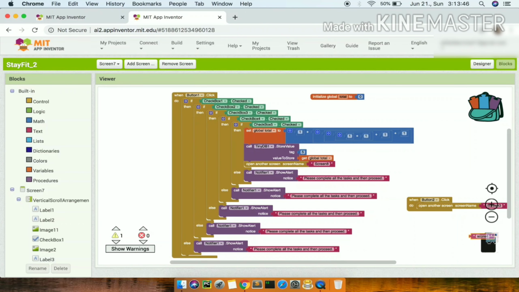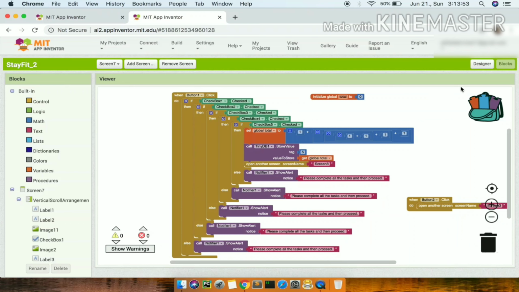I don't need this code, so I'll delete it. Here we also have the same screen, same code, and the designer section is also the same: 5 checkboxes and 2 non-visible components, notifier and TinyDb. When the done button is clicked, it will check that all the checkboxes are checked.